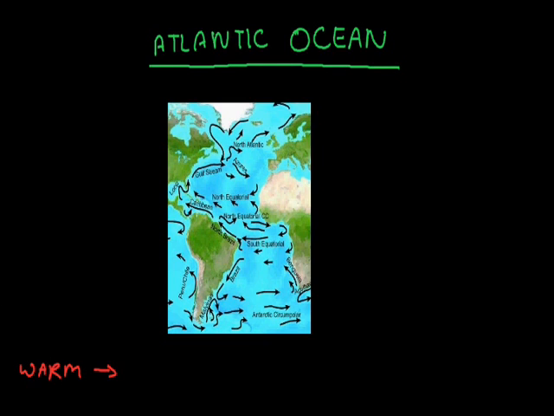Red color is a warm current, while green color is a cold current. Let's first do the northern hemisphere. As you can see in the northern hemisphere, this is the Gulf Stream, the movement of the Gulf Stream. Obviously this current is a warm current, it comes from equatorial areas, and because the water is warm, it keeps